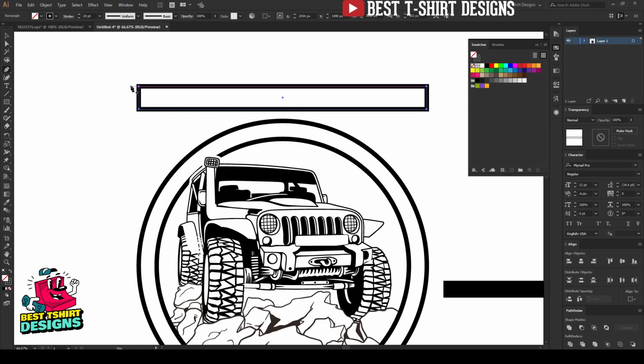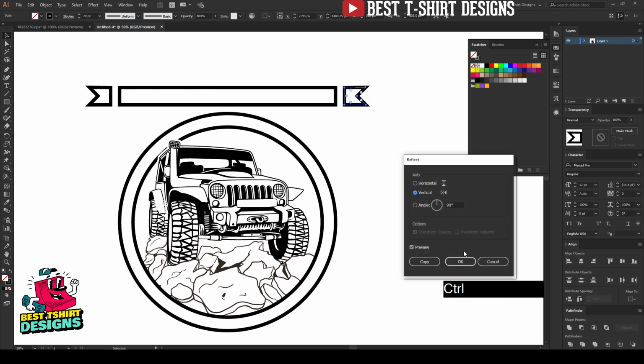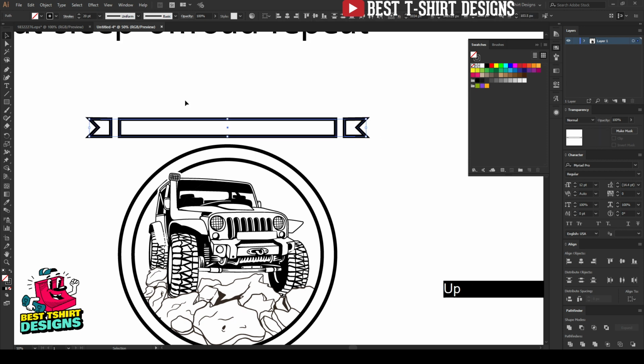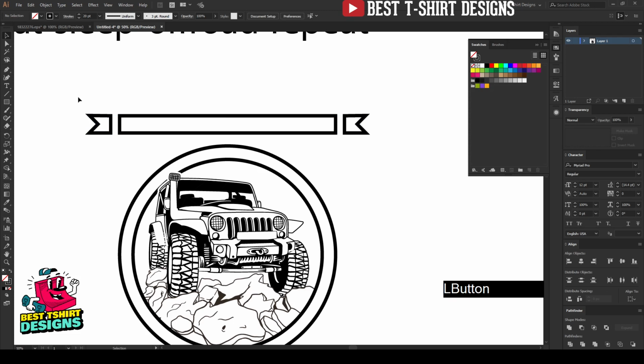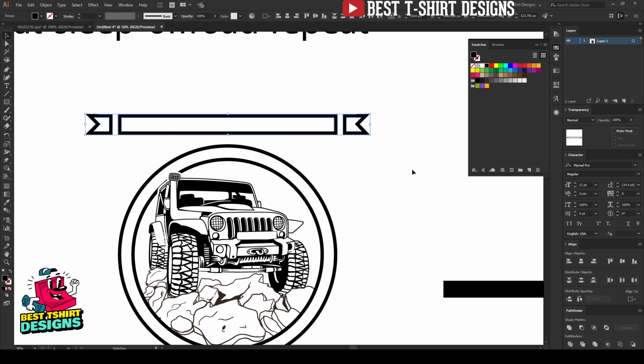Let's take my pen tool here. I'm going to do something like this, kind of this. That is fine. Now if I select this one, I can bring a copy here and then press Ctrl R to reflect. That is fine for me, I think. Yeah, that's good. Okay, so this is my brush. This is the stroke right now. I don't want it to be a stroke, so let's expand it. Now it becomes a fill.